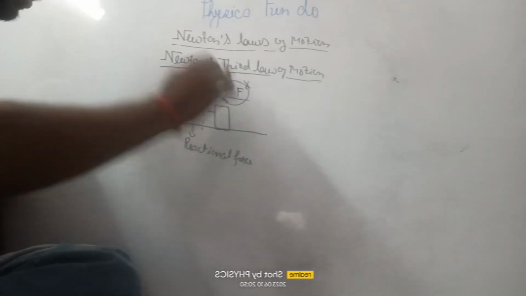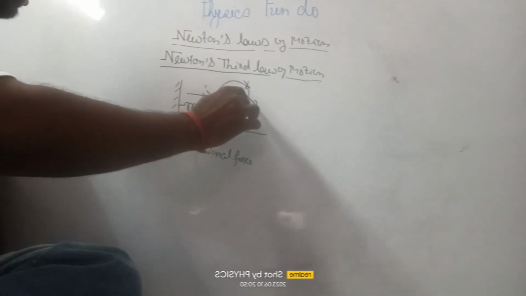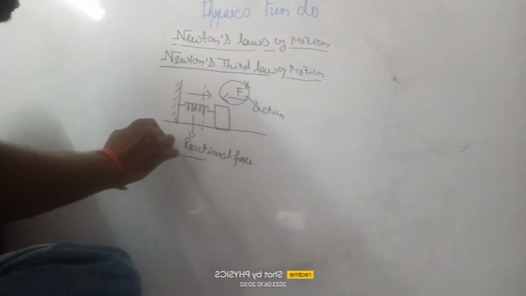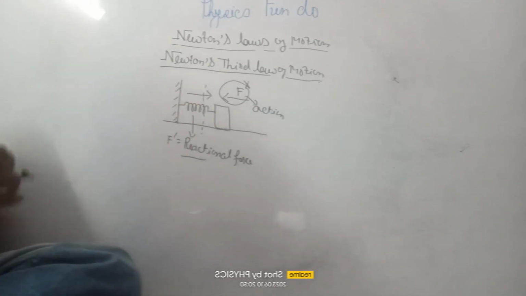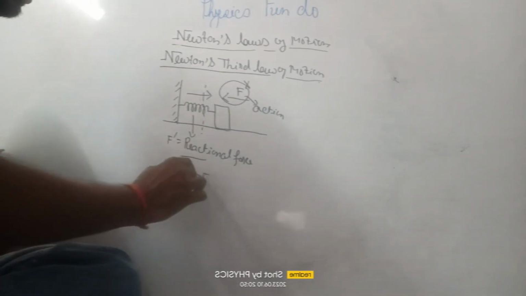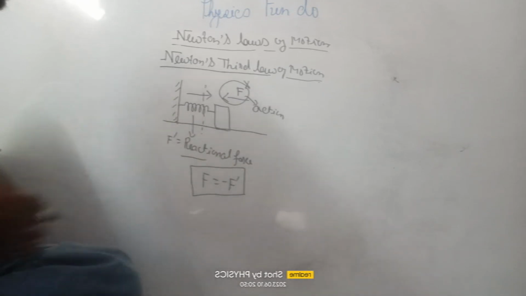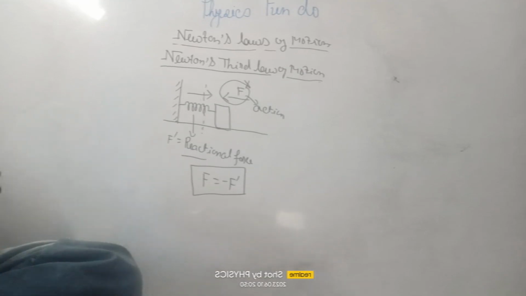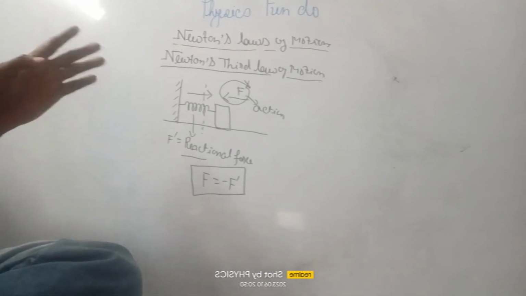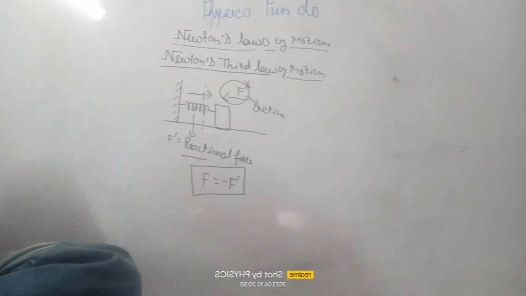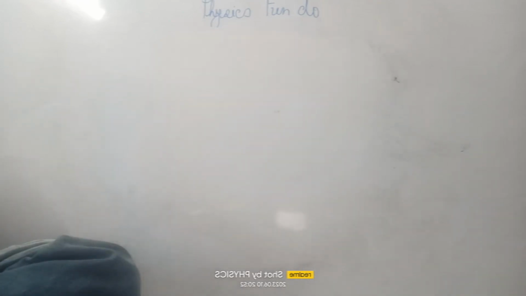F is the action and F dashed is the reactional force. So F is equals to minus F dashed. So to every action there is equal and opposite reaction. Let's move to the third topic, apparent weight